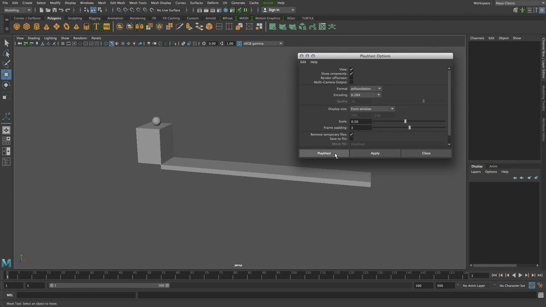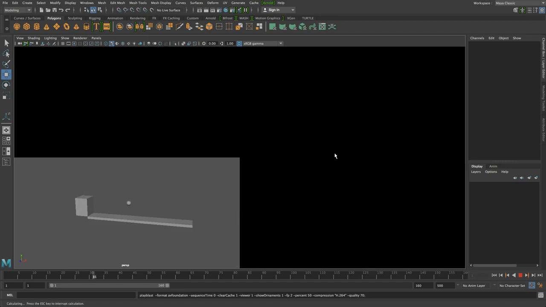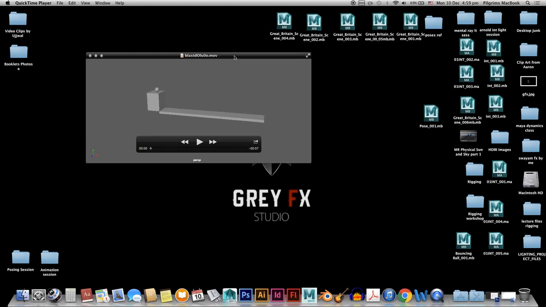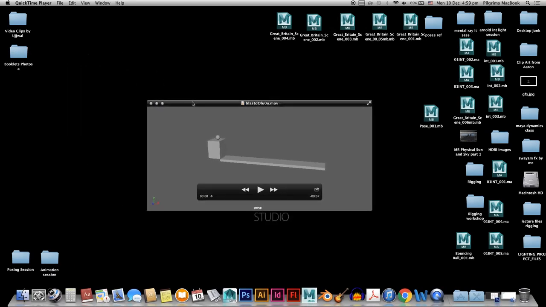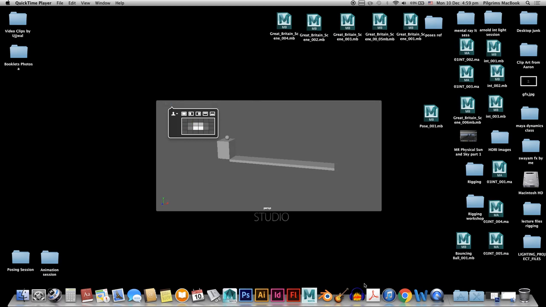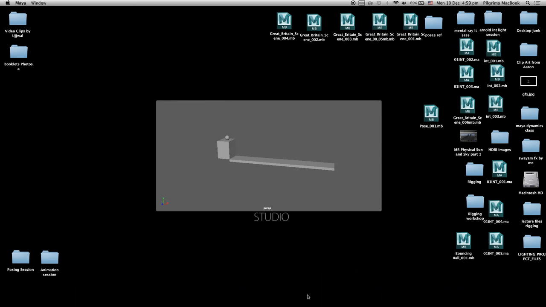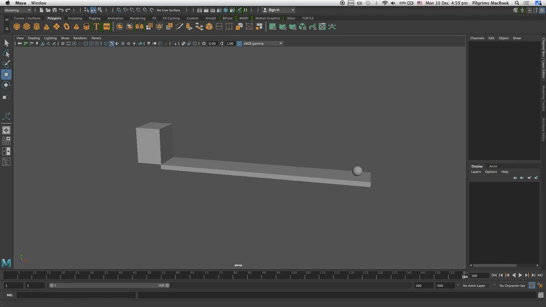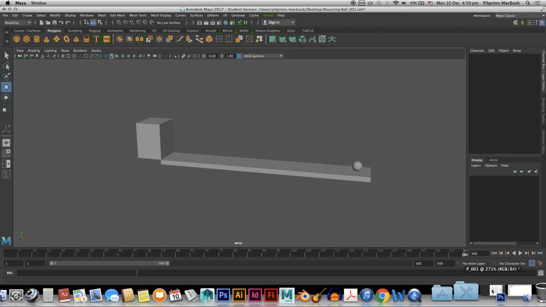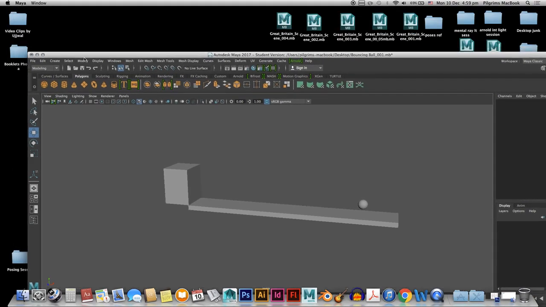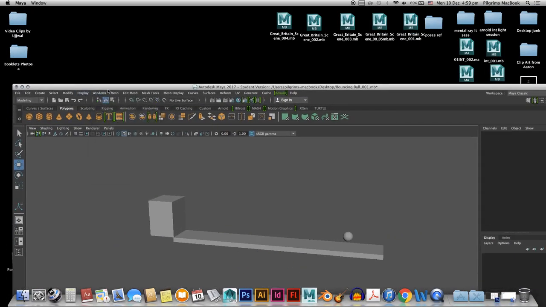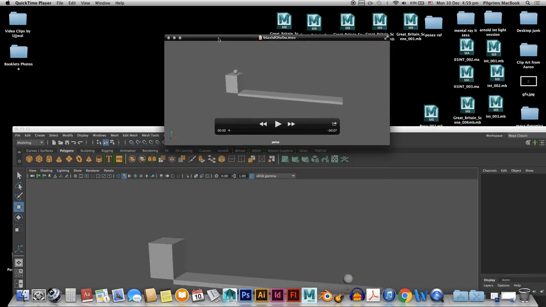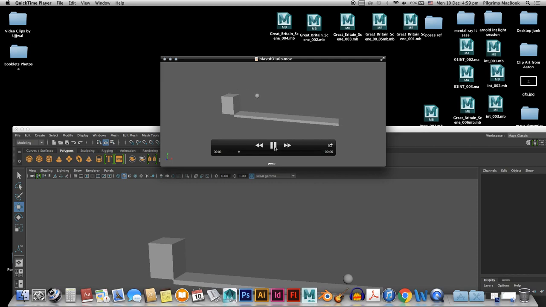Click on Playblast, and now you have the particular view, all the views are off, and after that you have the video file. If you go here, you have the video file. Now you have the video file. You can just check it over here, and if you just play, you can see